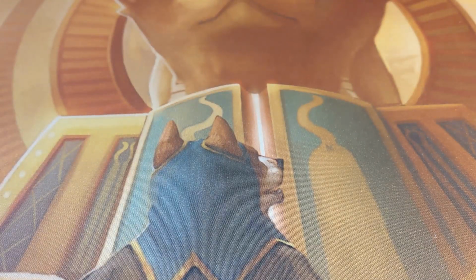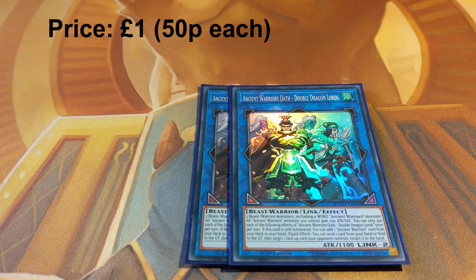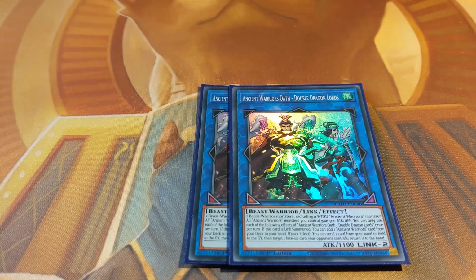So that's the main deck, and now for the extra deck we have 2 copies of Ancient Warrior's Oath Double Dragon Lords. This is a ridiculously strong card. It gives all your monsters 500 attack and defense, which is a huge boost, and that's for free. If it's link summoned, you get to search any Ancient Warriors card, again, not monster, not spell trap, card, anything